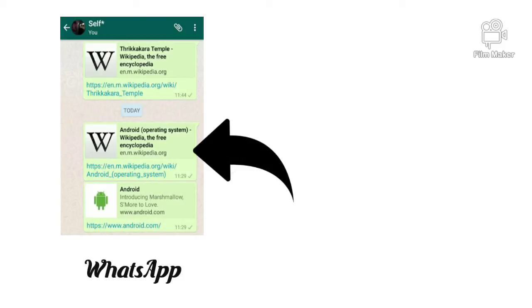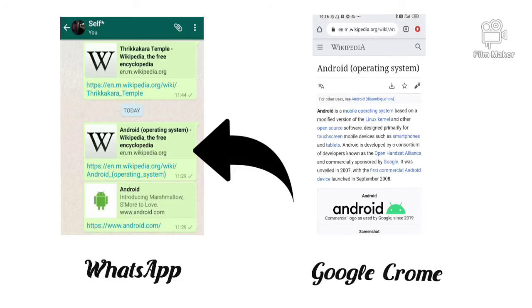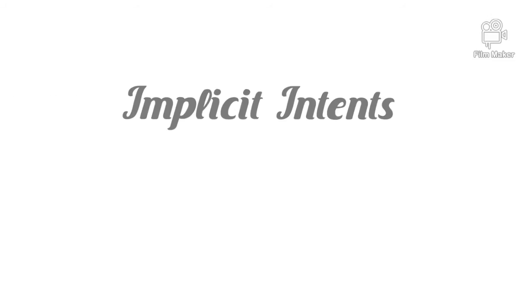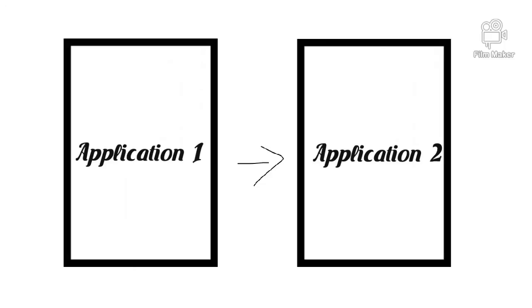Have you ever noticed whenever you click on any web link on any social media platform, it automatically opens up in your browser and searches it? How is it possible that a link in one application automatically opens in another application? All thanks to implicit intents. When we need to open another application from within our application, we use implicit intents. Let's now create it. Now on button click, we will send our application to our browser to search something.